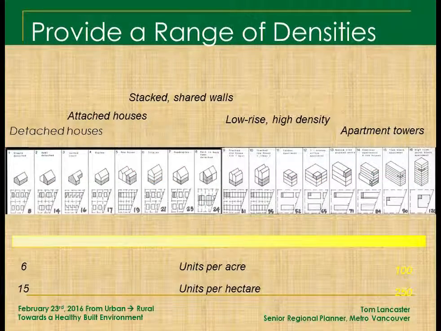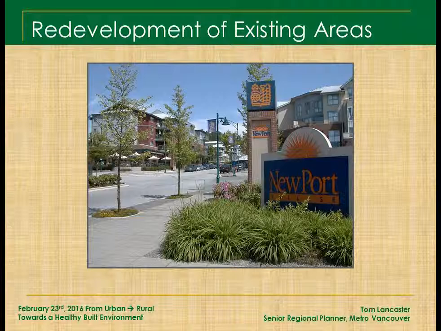As a principle, providing a range of densities. Right? So you don't want a place that's all high density, you don't want a place that's all low density, you want a mix of all those densities. Because the densities allow you opportunities to do different stuff. You want to redevelop existing areas. So when you're doing small town planning, you don't want to be continuously pushing out to the edge of town because that just leads to the definition is wrong. You want to be looking at redeveloping what's already there.